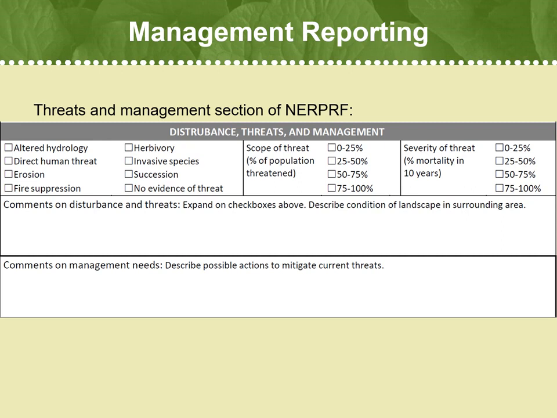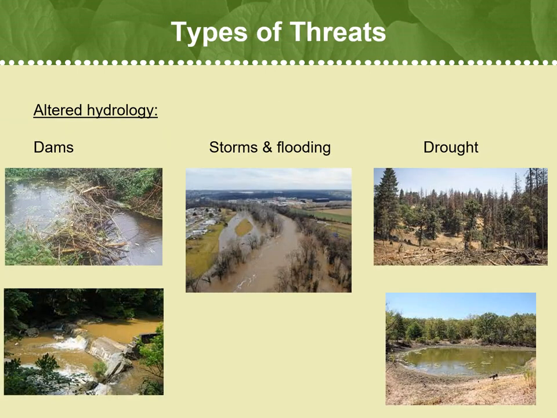We will now briefly go through some of the main types of threats you should be familiar with before conducting your surveys. The first type of threat listed in the New England Rare Plant Reporting Form is altered hydrology. This class of threats can be broken into three main types: dams, storms and flooding, and drought. Damming of rivers, either man-made or made by wildlife, can greatly alter the hydrology both above and below the obstruction. Rare plant sites above a dam may experience flooding, destroying the site, while plants below the dam may experience lower